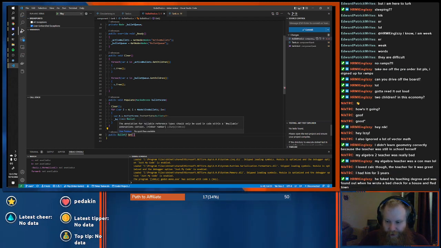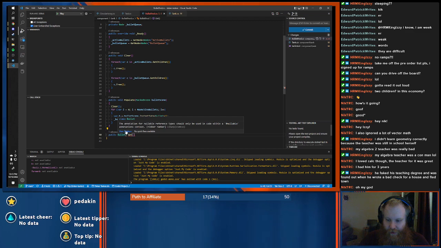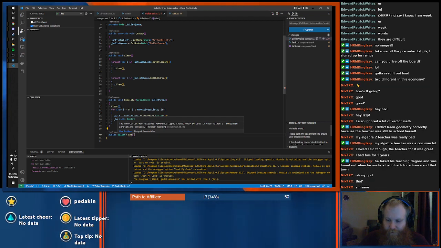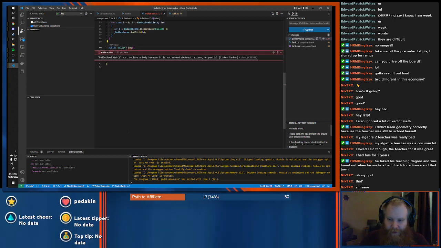Alright, what's this complaining about? The annotation for nullable reference types should only be used in code within a nullable annotations context. How do I fix that?